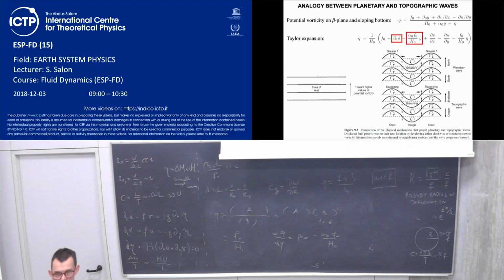At the exam, if I ask you something related to the waves, of course I know what I did, so I won't ask you exactly the derivation of the topographic waves. But it's important that you have an idea of the concepts that bring us to the definition and to the analysis of the different cases of the four